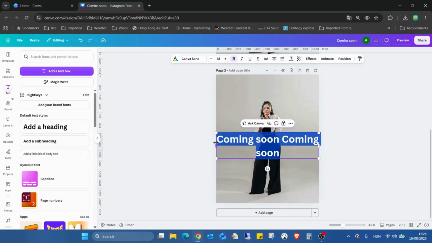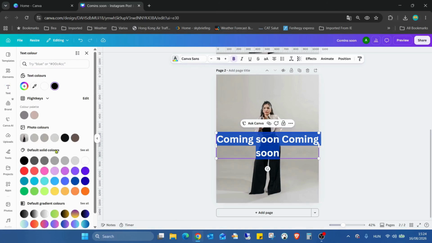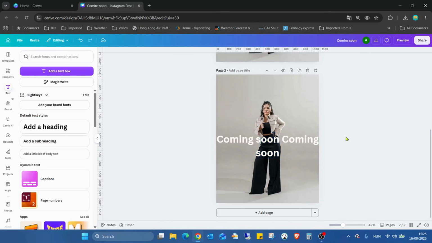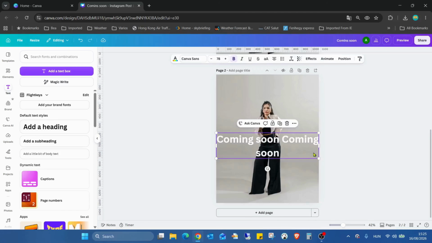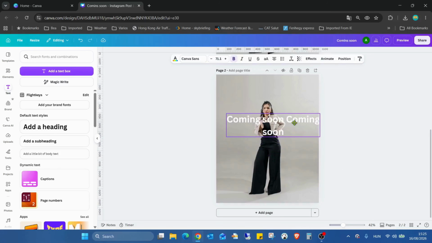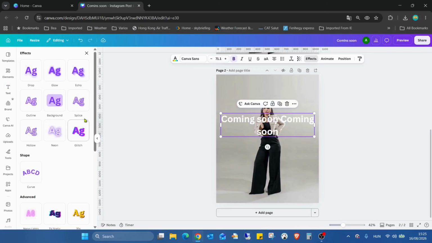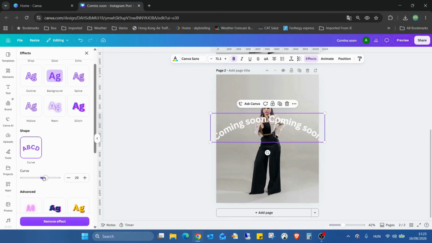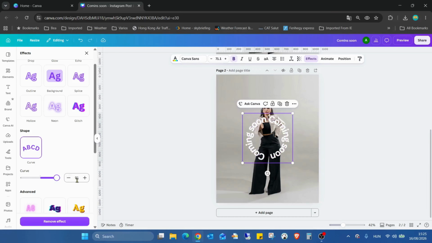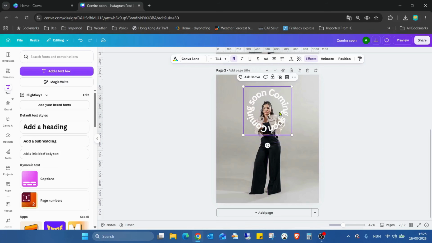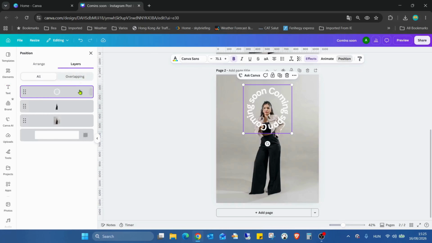So we change the text color to white, just resize a bit, go into the effects, scrolling down to shape, curve, and increase the size to have the full circle going around where we want, like to here, around her head, and going to the position, layers, and moving